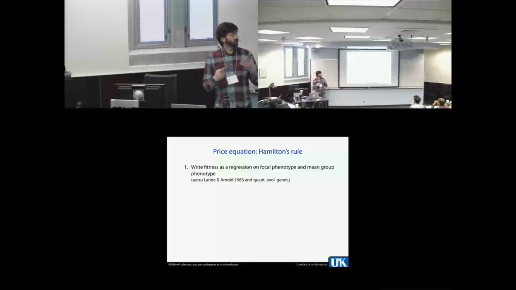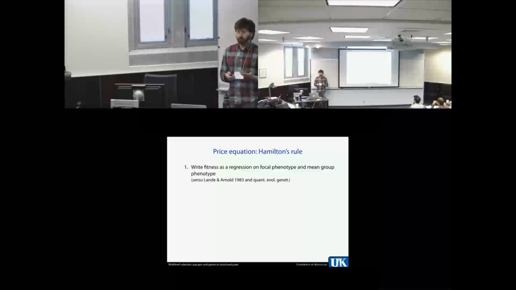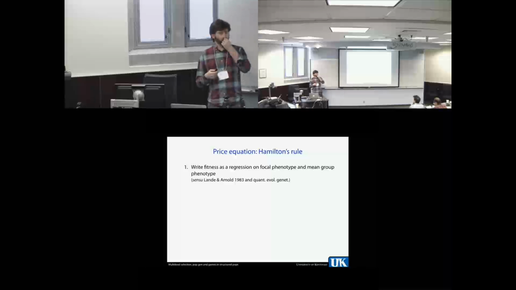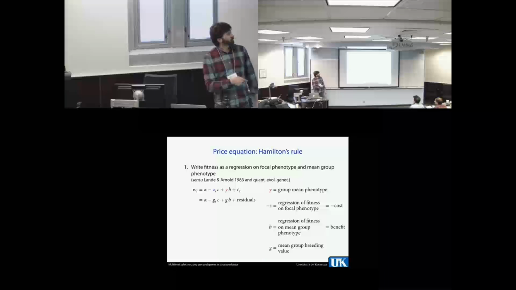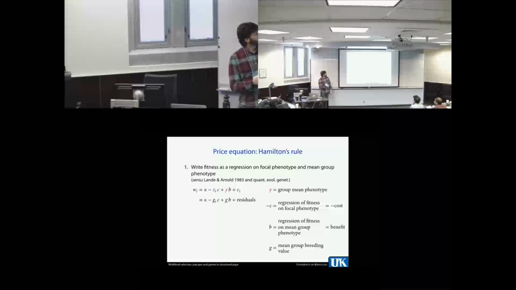So then the first step is going to be like before, when we did it for Fisher's theorem. We're going to write a regression for the phenotype of an individual. This is similar to how lots of people do this in quantitative genetics when they're looking at even morphology changes, brain size or body size, all kinds of features. So it's not only people interested in social evolution and cooperation who write regressions like this. So this fitness of individual i is going to be